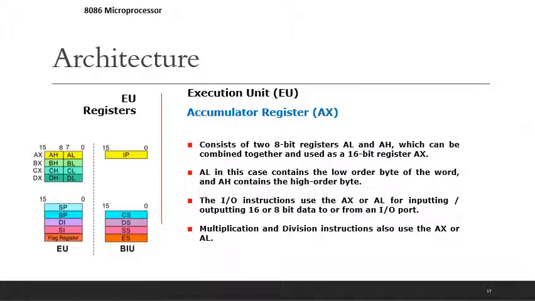AL in this case contains the lower order byte of the word and AH contains the higher order byte. The IO instruction uses AX or AL for inputting or outputting 16 or 8-bit data to or from an IO port. Multiplication and division instructions also use the AX or AL register.